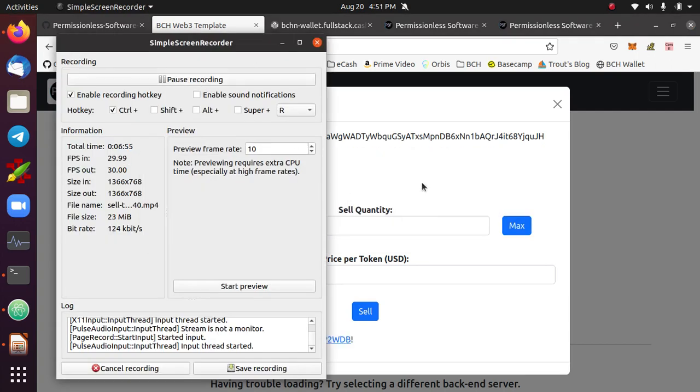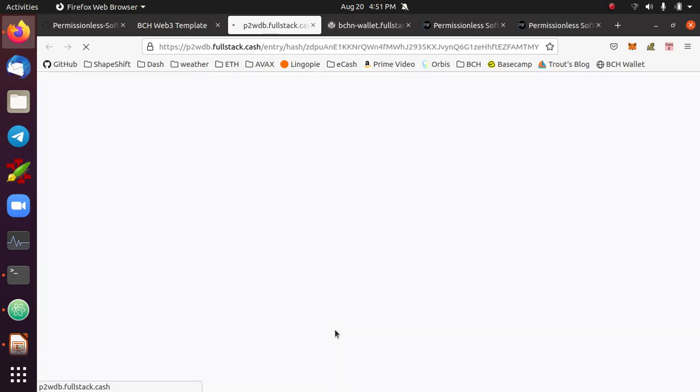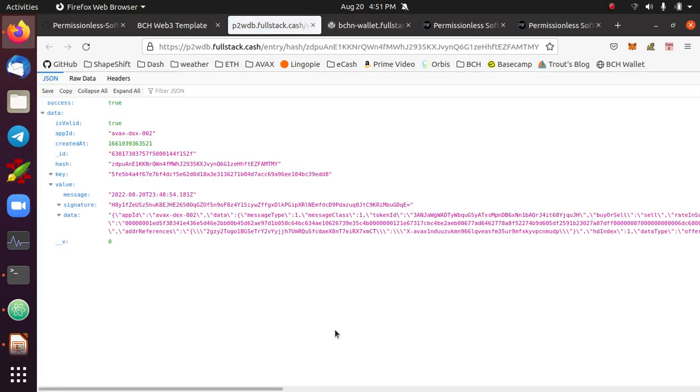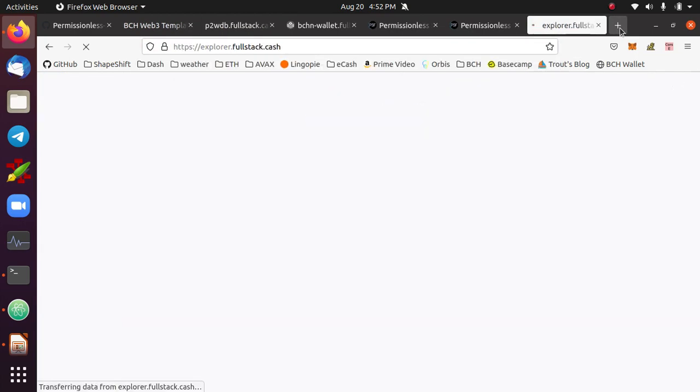Okay, the offer has been created, and if it's successful, you'll get a message that says success and a link here to the pay to write database. If you click on that, this is the entry that was just created on the pay to write database that represents your offer to sell tokens. And you can actually interactively explore the pay to write database if you are curious